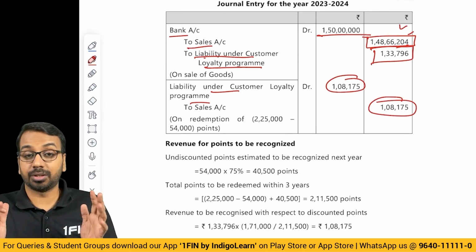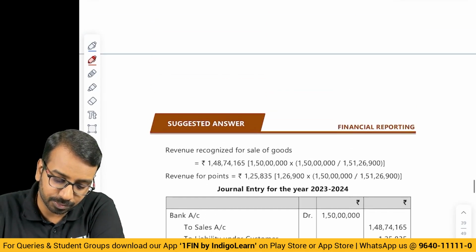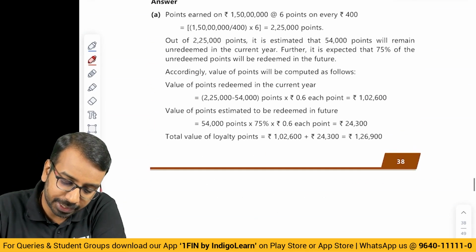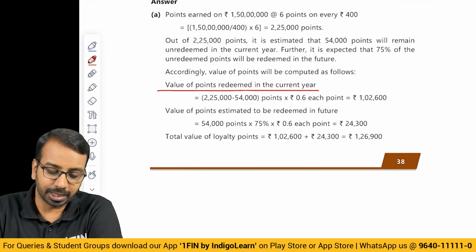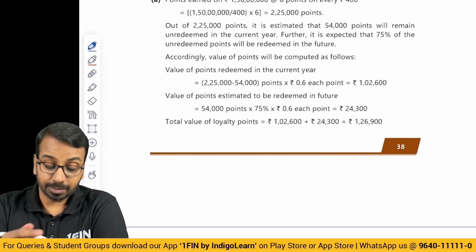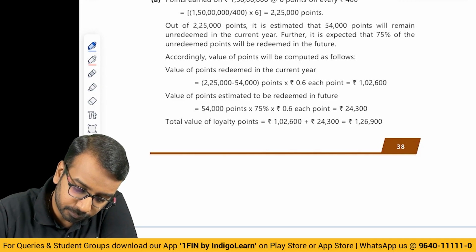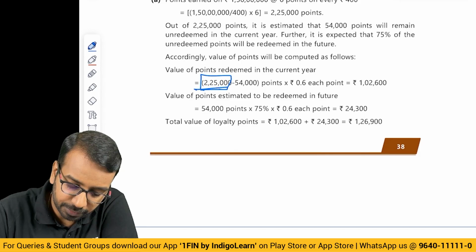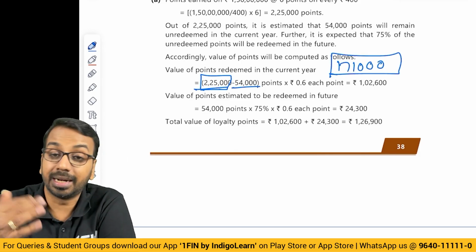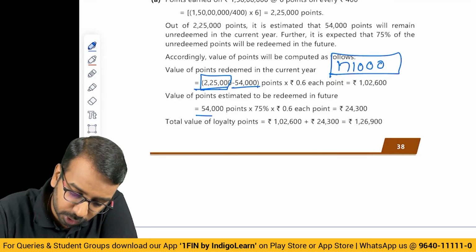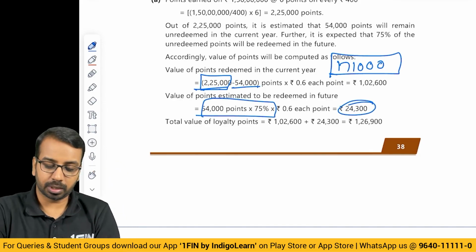This is one of the assumptions. There is another assumption the institute has taken, and the second assumption is that when we are calculating the points to be redeemed, I have total points of how much? 2,25,000. Out of this 225 minus 54, that is 171,000 has already been redeemed in the current year, and in the future only 75% will be redeemed. So the valuation will be for 24,300. So what they are trying to do is,